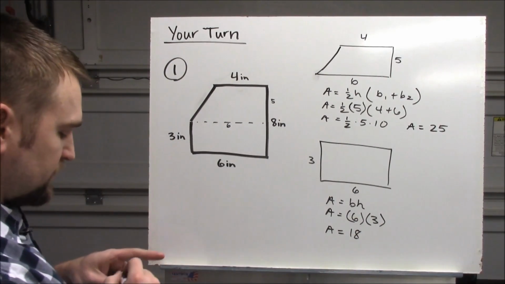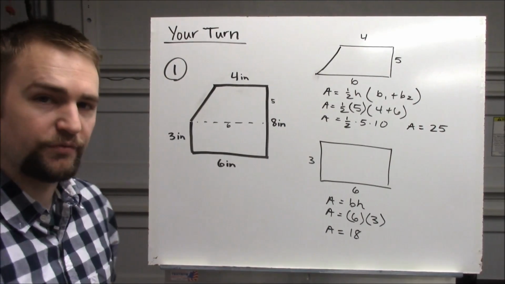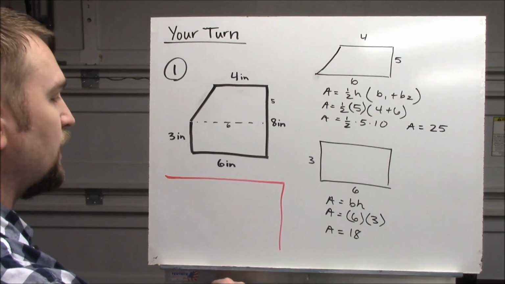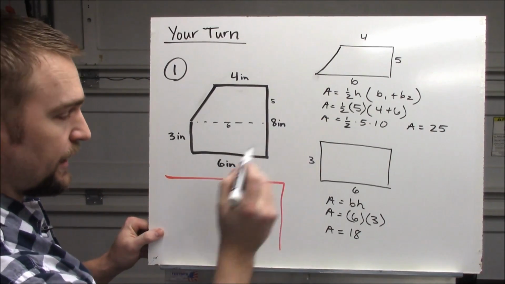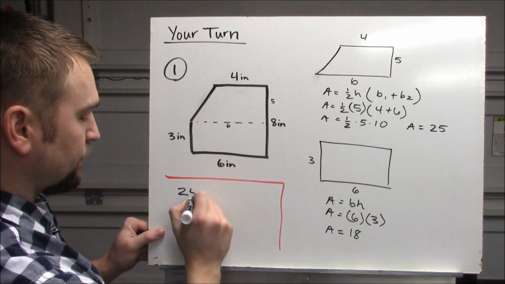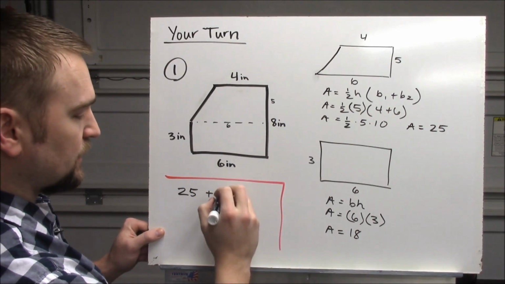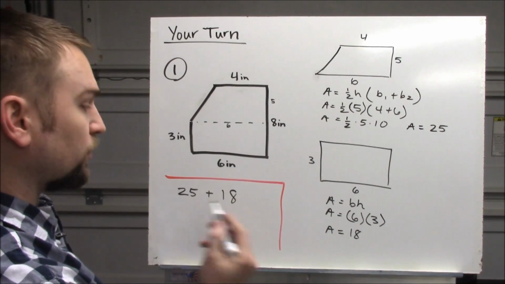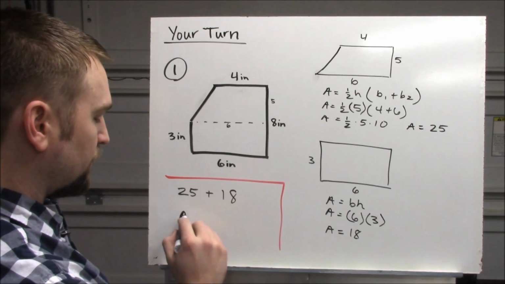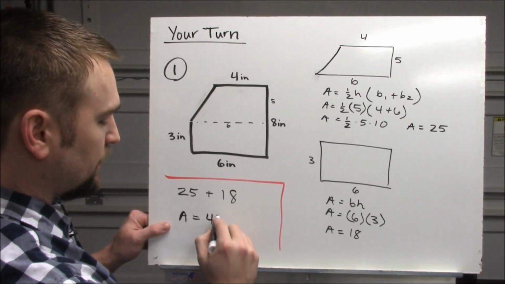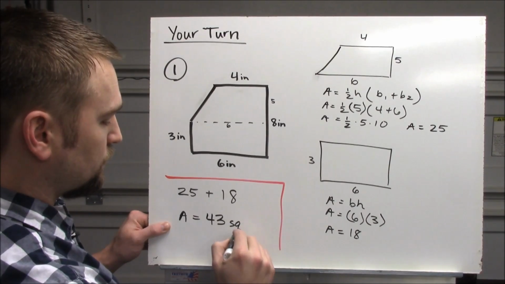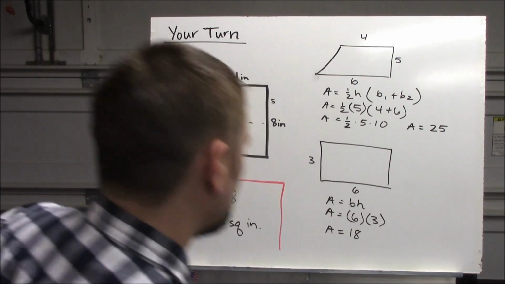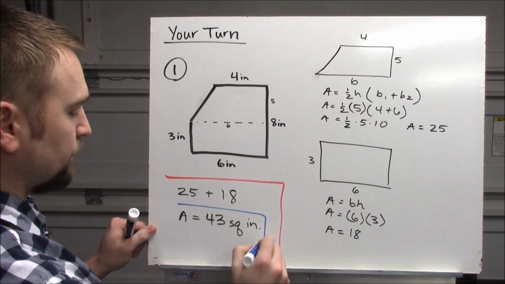Now, it's important, remember, we found the area of these separate shapes, but don't forget we've got to combine them because we have a composite shape that we're finding. So, what did I have? I had 25 plus 18. And I'm going to add 20 and take away 2, so 45 take away 2 is 43. So the area equals 43 square inches. That is my final thinking